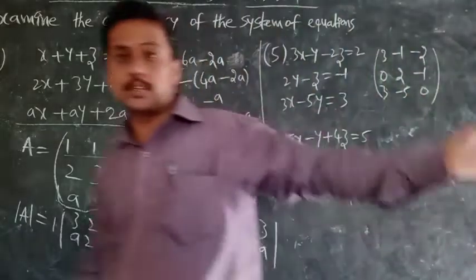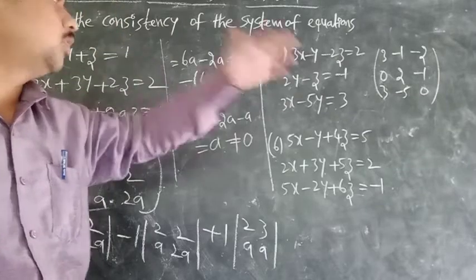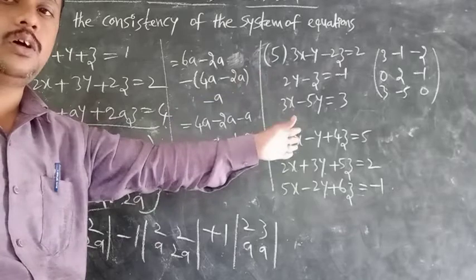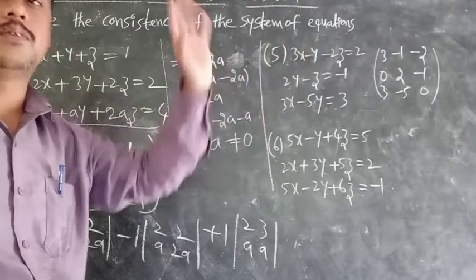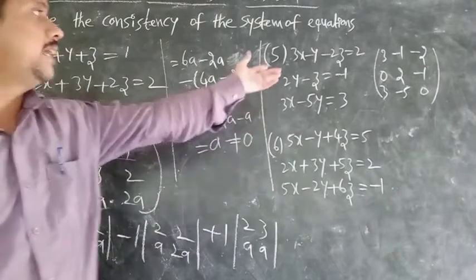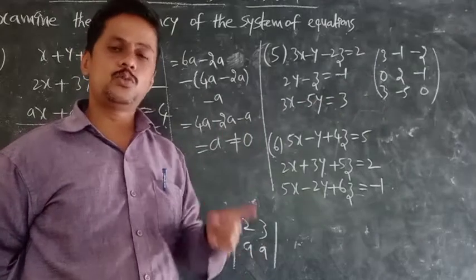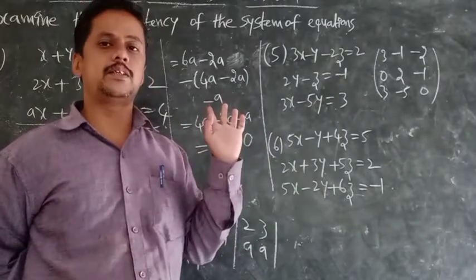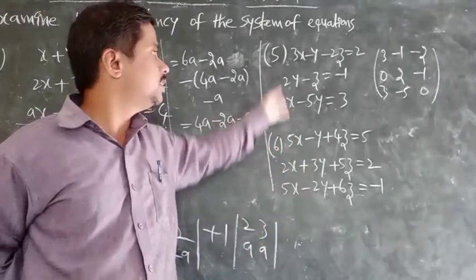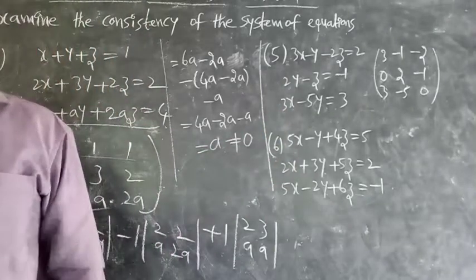So my dear students, go through that. Don't panic if something is not there. Wherever x is not there, you have to take 0 in the first place, if y is not there, 0 in the second, if z is not there, 0 in the third. Okay, so this is the procedure. Calculate the det value; whether it is consistent or not depends upon det A. If det A is equal to 0, inconsistent. If det A is not equal to 0, consistent. Okay, so do these two things, 5 and 6 are the homework.